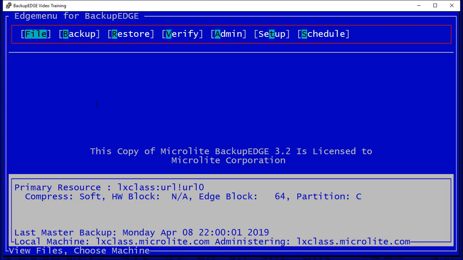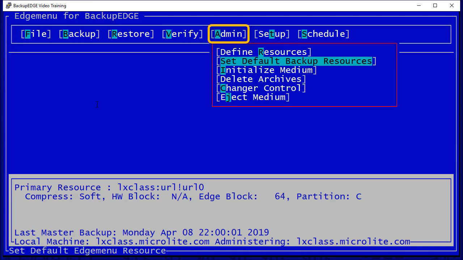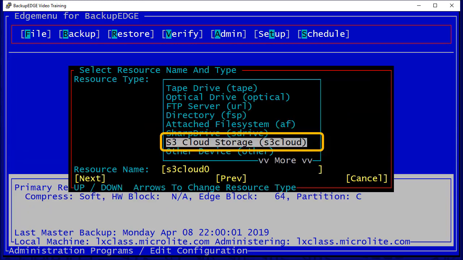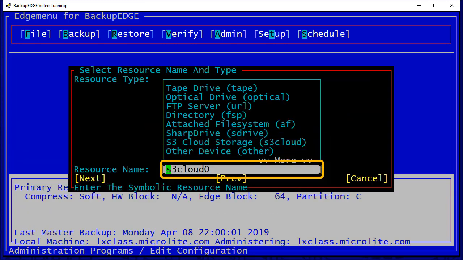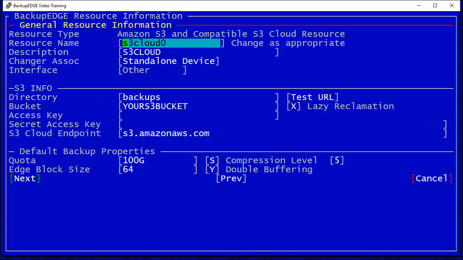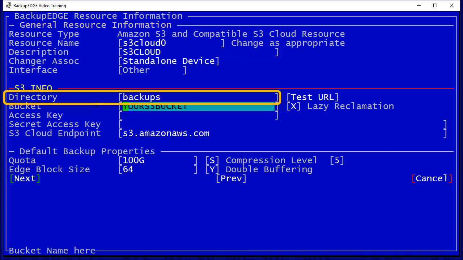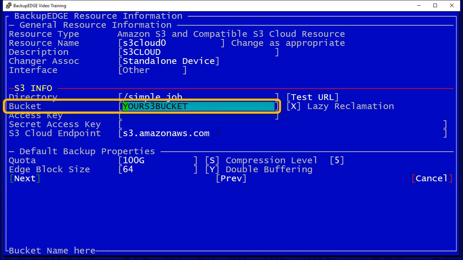In Edge menu, we'll go to Admin, Define Resources, New, choose S3CLOUD Storage, and either assign a name or leave the default of S3CLOUD 0 as the resource name. Hit Next, and we're ready to create the resource. All we need to do is to create a directory, and for directories, we like to default to the schedule name, which in BackupEDGE is called simple_job. Choose the bucket, which was called